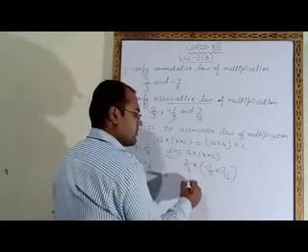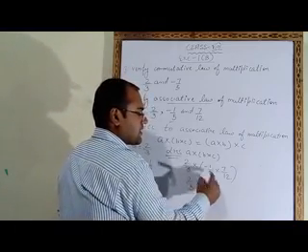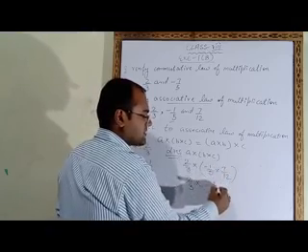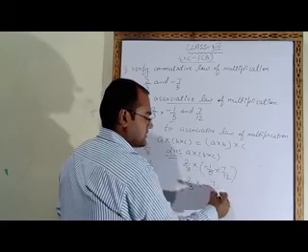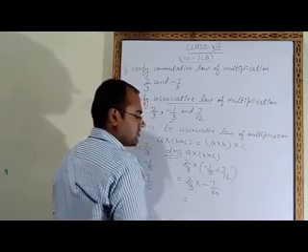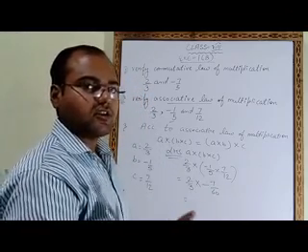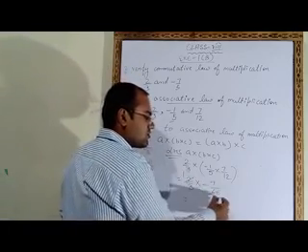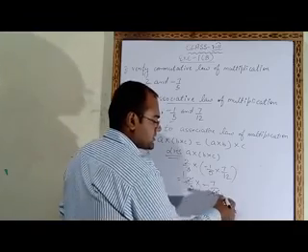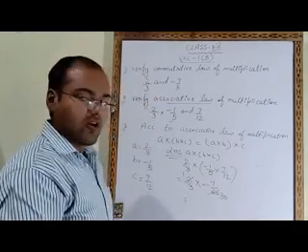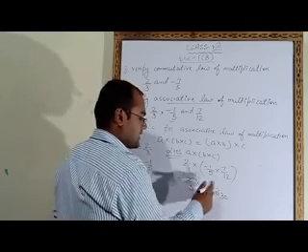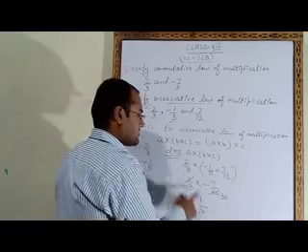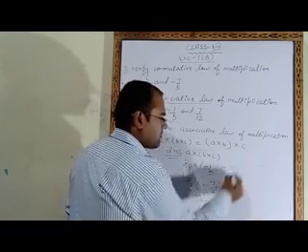So 2 upon 3 will be as it is. Multiply, plus minus minus. 1 into 7 will be 7, 12 5s are 60. Now we will multiply these two also. But before that, if it is possible to cut, we will cut the numbers. So these two will be cancelled. 2 1s are 2, 2 3s are 6, 0. Now we will multiply. 1 multiply minus 7 will be minus 7 upon 3 multiply 30 will be 90. So this is the answer of left hand side. This is equation number 1.